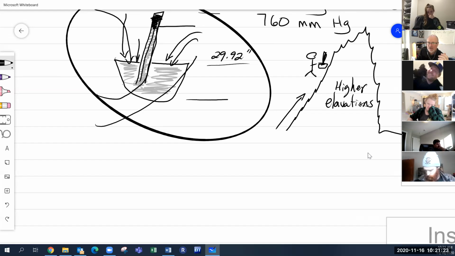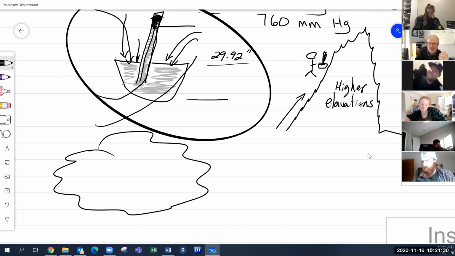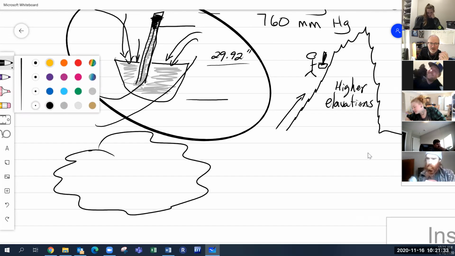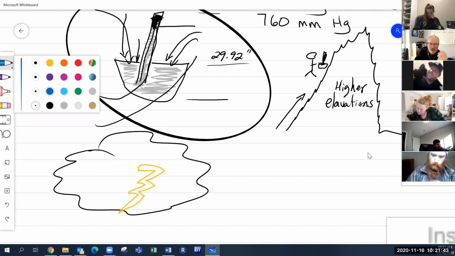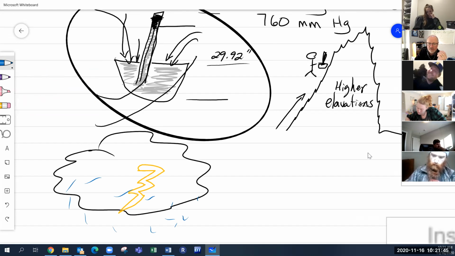And he noticed something else about his little mercury contraption here. As a big storm cloud came over the horizon with lightning and everything else. So let me just draw some lightning. Oh, look at that. I am just a brilliant drawer of things. And all the rain that came with it, he noticed that this started going down again. So he determined that a big storm actually incurred a lower pressure,